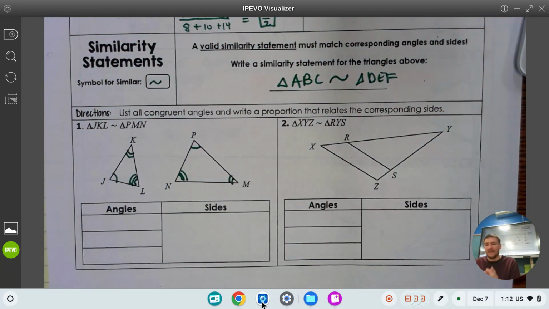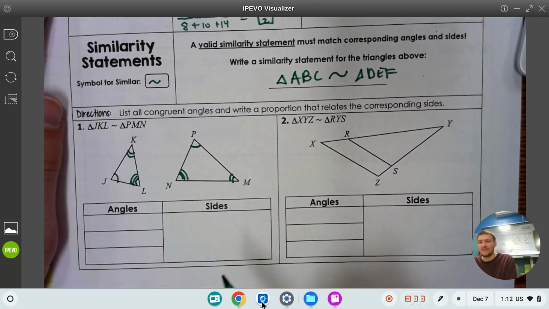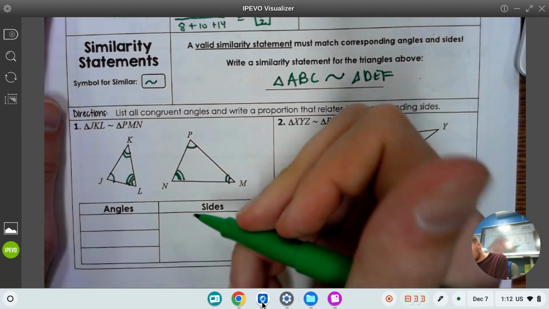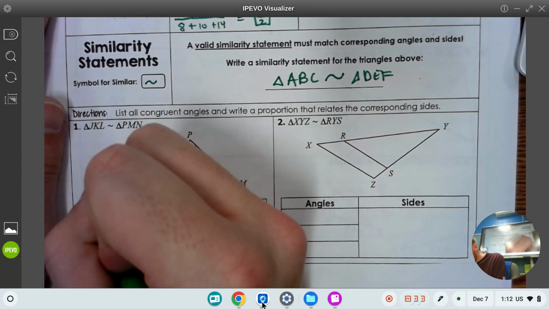Now it becomes very obvious which ones match up. Now when it comes to angles, I know it's a little loud in the hallway, we still got 2 minutes before lunch. Angle J